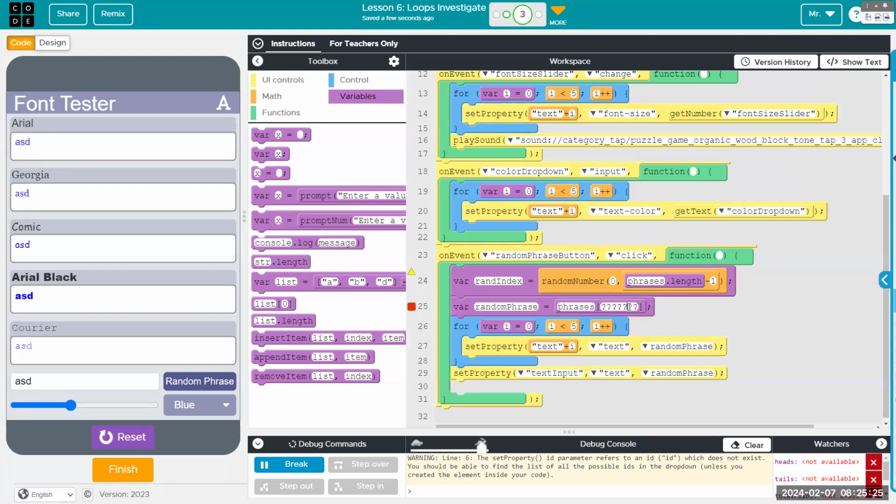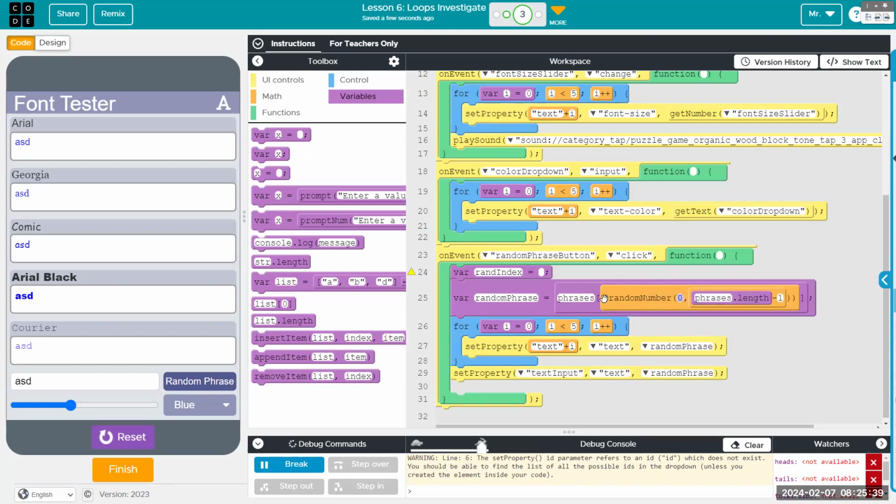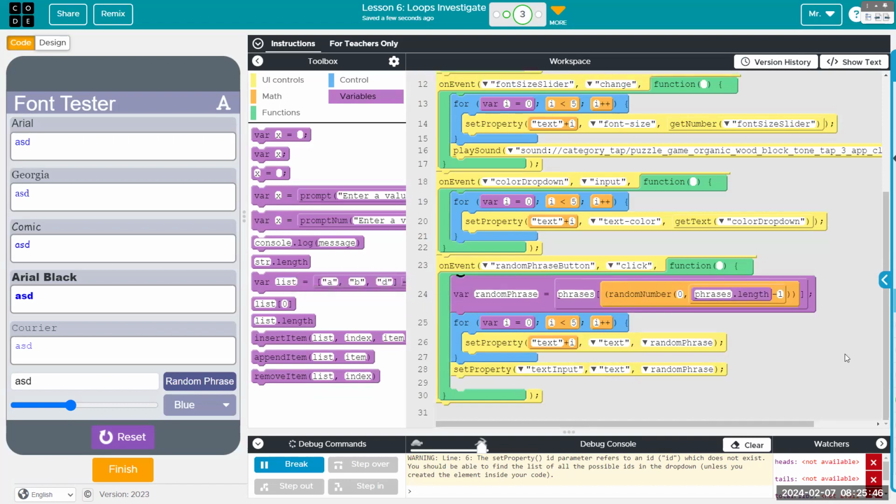So we can put in a hard-coded number, like actually put in the position that we want, or, I don't know, there's lots of things. A return function that becomes a number. Here we are just using the random number generator, a random number block, directly into the index, and saves a whole line of code.